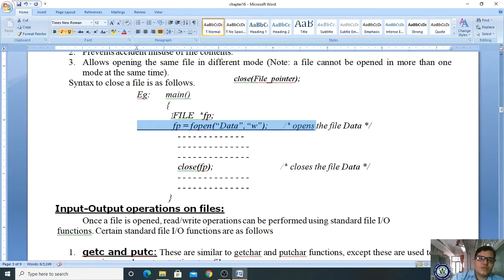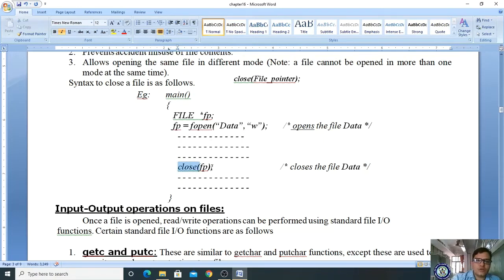Here the file pointer variable declaration is done. For the structure FILE you are declaring the variable, and if you declare the star with the variable, then automatically it is a file pointer variable. After the file pointer variable, you open the file, specifying the name of the file to be opened and the mode, which indicates whatever operation you are going to perform on that file.